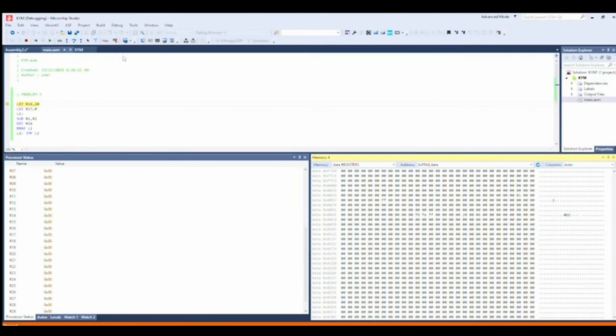Let's move to problem 3. So problem 3 required us to execute subtraction R1 R2 20 times by using a loop. For problem 3, we use LDI R16, 20, which is the function to load the value of 20 into register number 16. So LDI R17, 0 is the method we use to load the value of 0 into register number 17, and